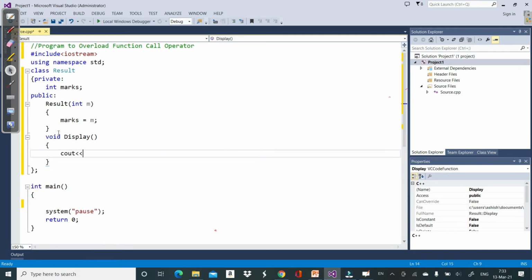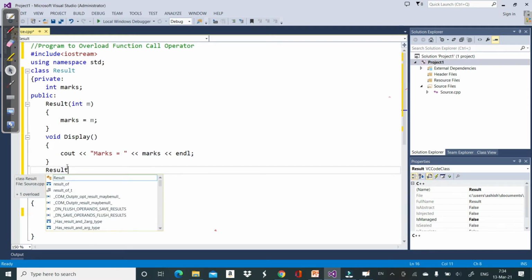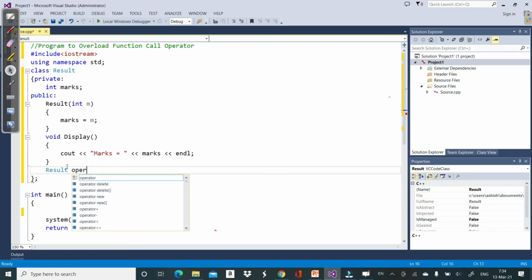cout marks is equal to marks, endl, and then we will write the operator function. This operator function is going to return the object of the class. So the return type will be class result, then the operator keyword, and we want to overload the function call operator.